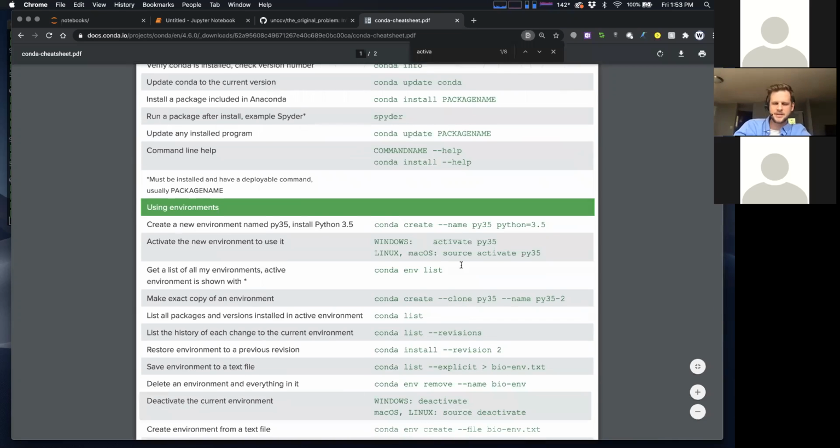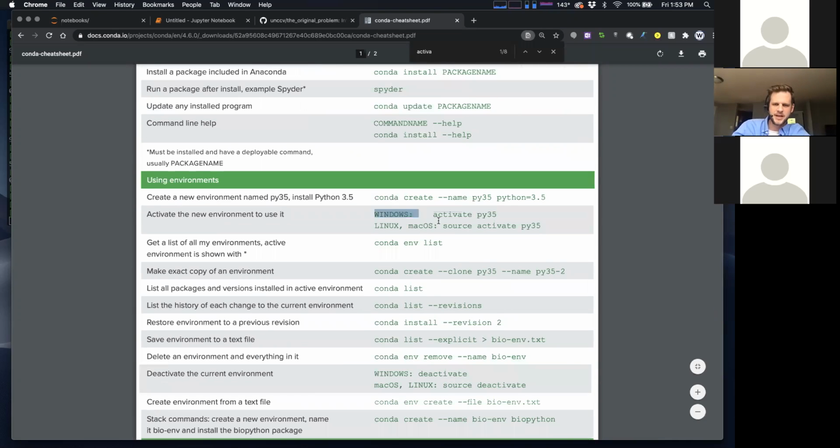Oh yeah, and this is interesting. So they give you a nice breakdown here. I'm glad I looked at this. So was it actually right? Did I just totally miss it? Was it actually right below what I was looking at? That's embarrassing. So on Windows, it's apparently just activate and the name of your environment. And on Linux and Mac OS, it's source activate. And I believe you can also type conda activate.